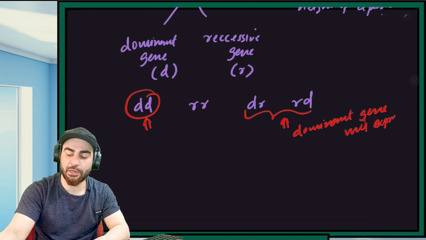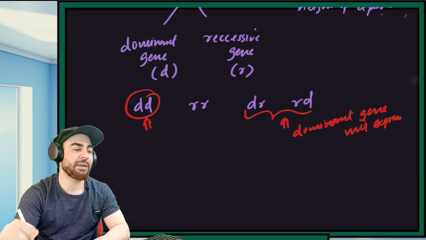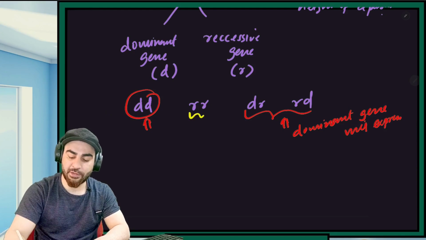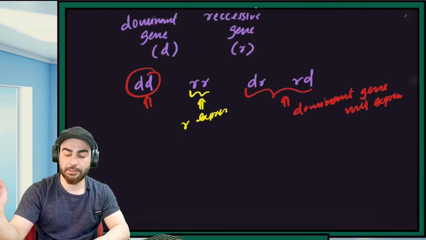That's why it's called dominant. So a dominant gene gets expressed either in pure form or in the hybrid mode. A recessive gene only gets expressed when it is in pure form. So here the recessive gene will express, the small r, whatever. Okay, so this is